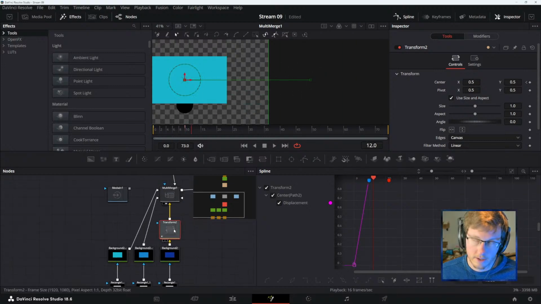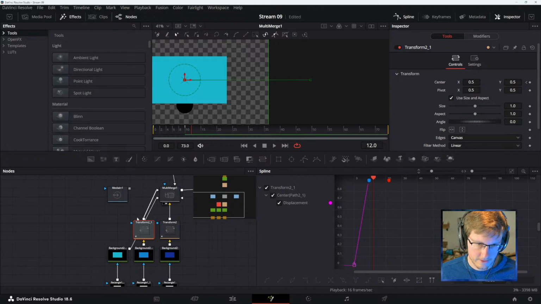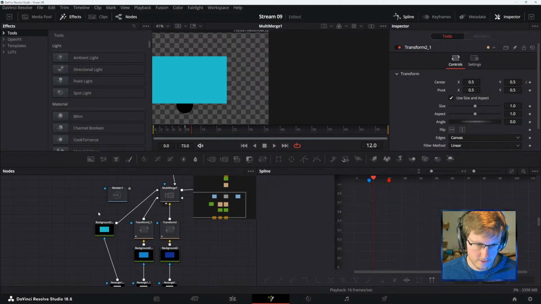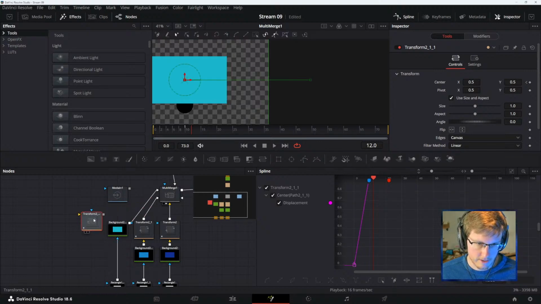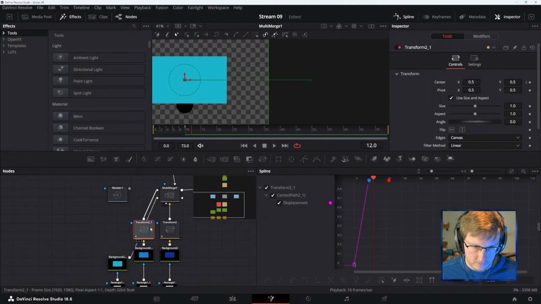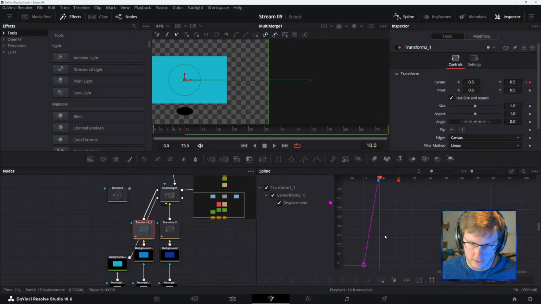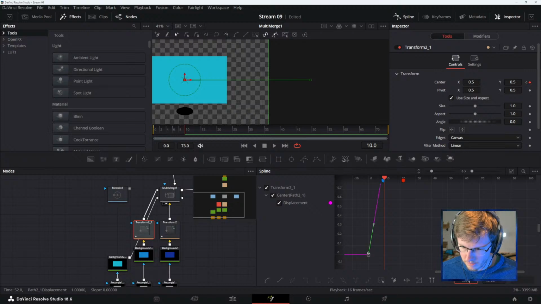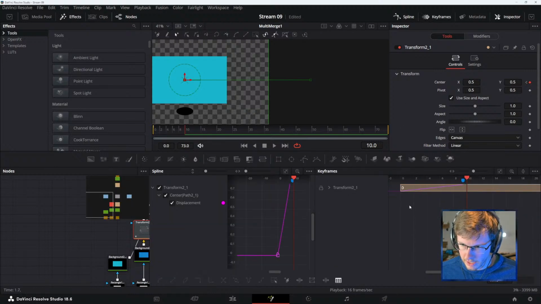Okay. And then all we have to do is copy this to these. Wait, let's just do it with this one. I'm trying to offset this now. Yeah, so offset this one, just do this one on frame 1. So we want to actually be in the keyframe section here.